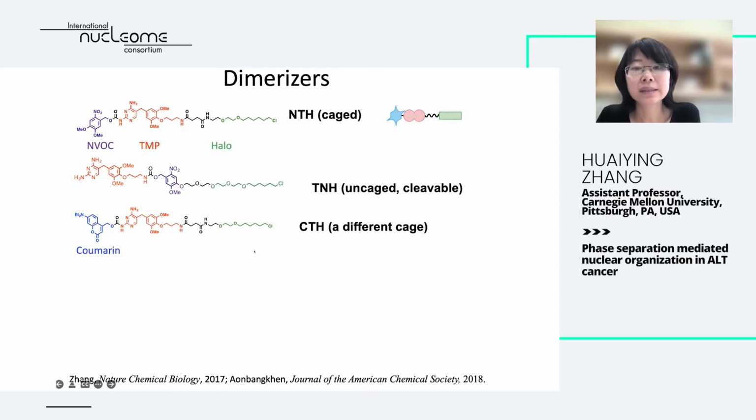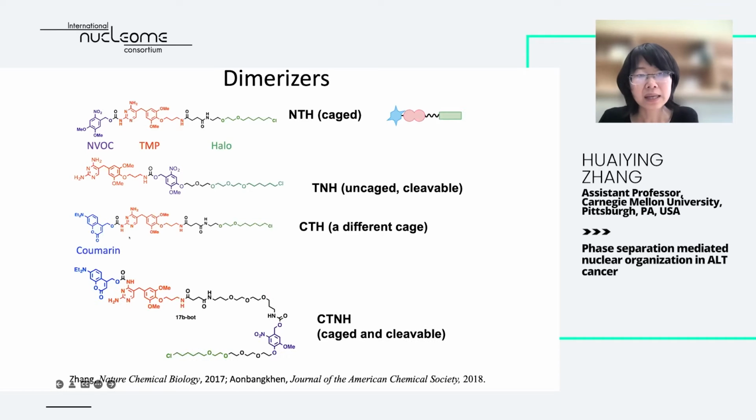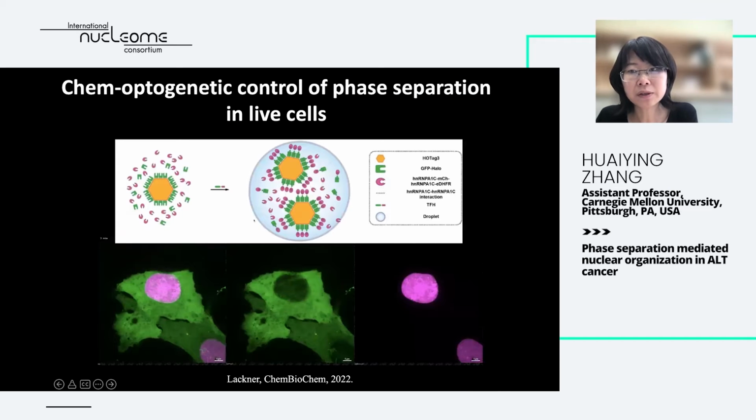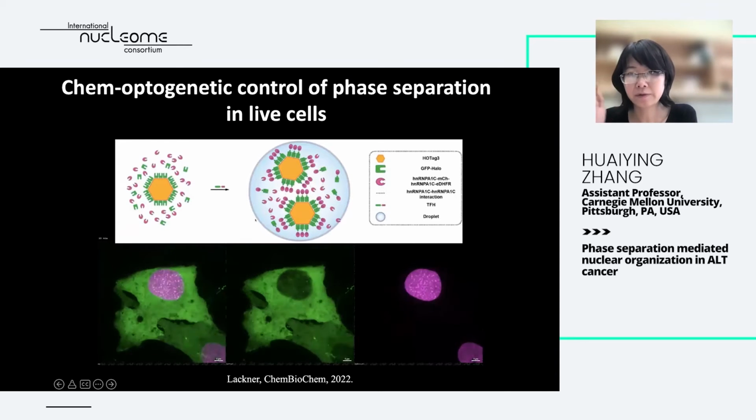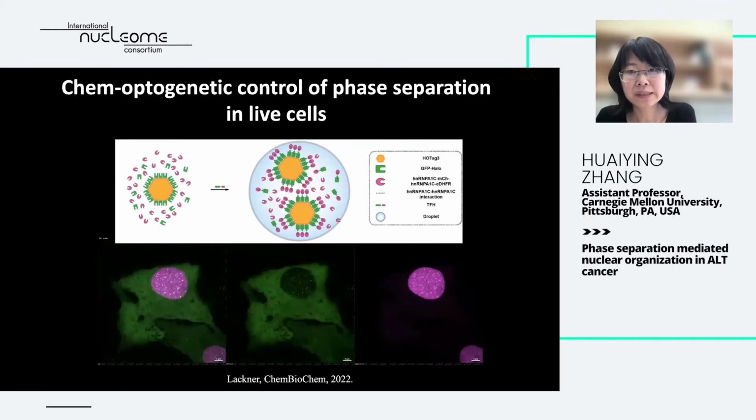Another one uses a different cage, a coumarin, that is sensitive to different wavelengths of light. Then we can put coumarin as the cage and MeNVOC as a linker, so we have a caged and cleavable version. We've used this to control several biological processes, including organelle transport and mitosis. And recently, we've also optimized the linker to make it more permeable to the cell, and we've used it to control